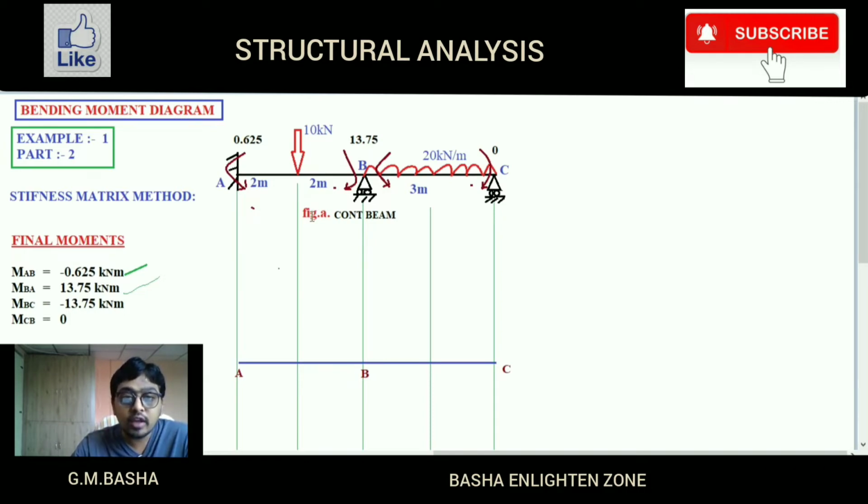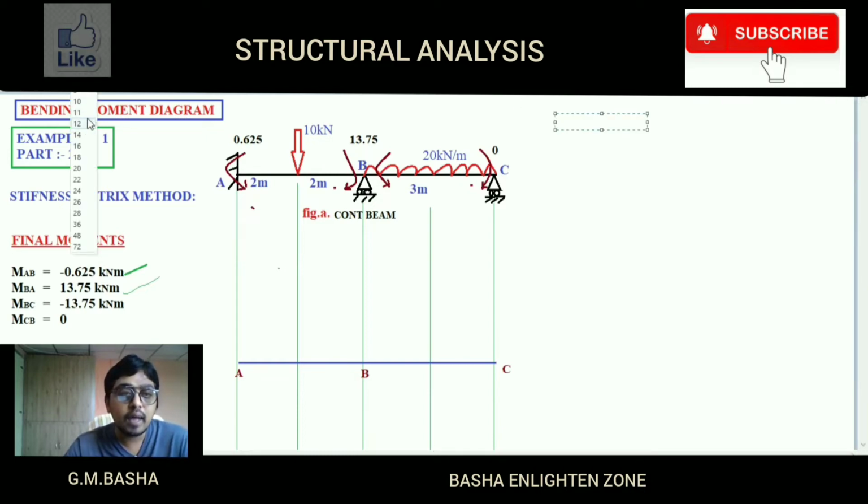So before drawing the diagram, it is better to find the ordinates. It is better to find the area of that particular one. Why? Because for example, if I draw the triangle and the parabola, I don't know which ordinate is higher. According to the scale, I have to draw the diagram. Otherwise it is difficult to calculate the net bending moment diagrams. That is the reason, first I have to calculate the free BMD.